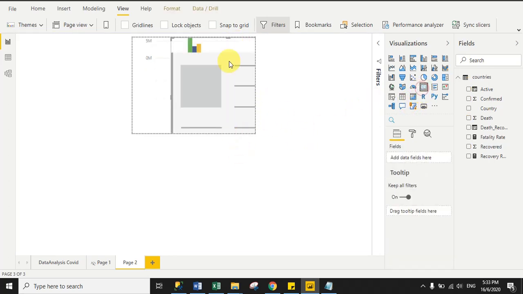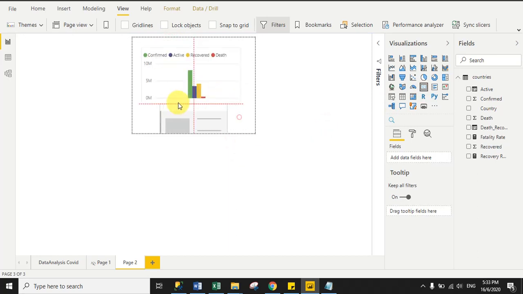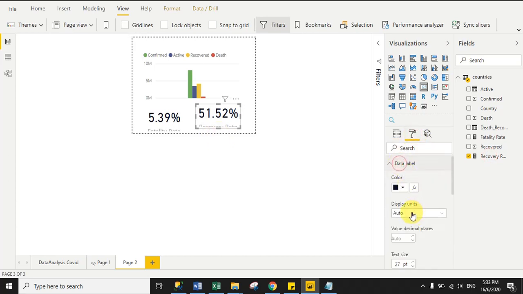And now I need card visuals, and in that card visual I need the fatality rate. So drag the fatality rate here, and then copy the visual and paste it here, and in the second visual I need the recovery rate, right? So just decrease the font size of the label.